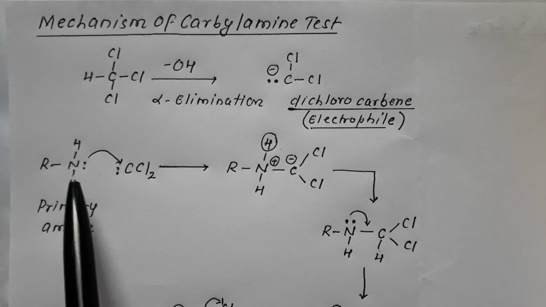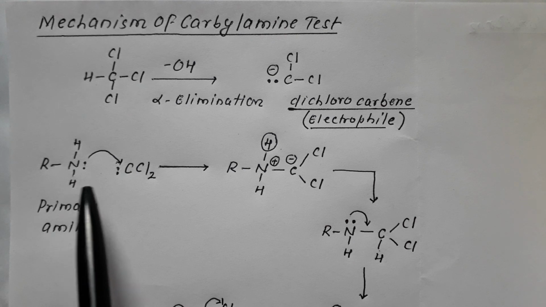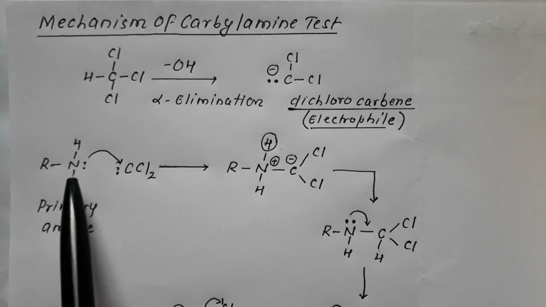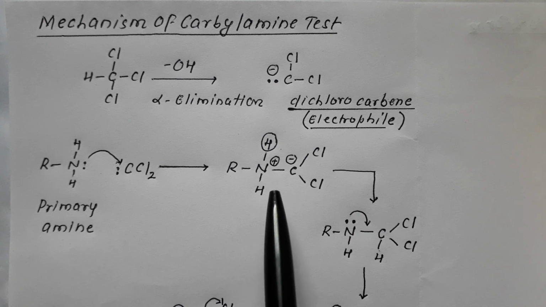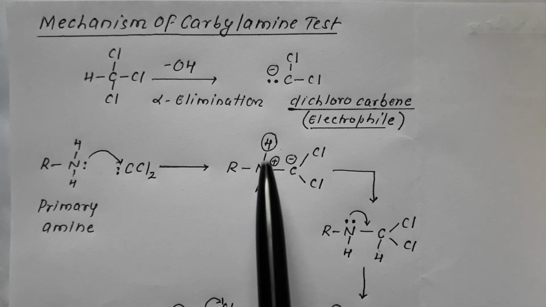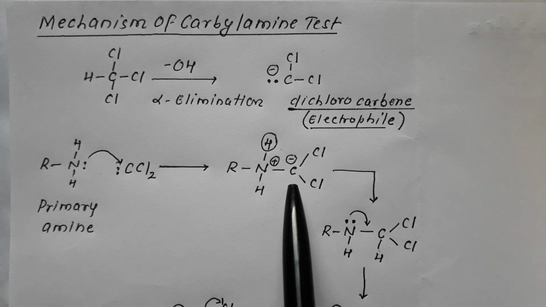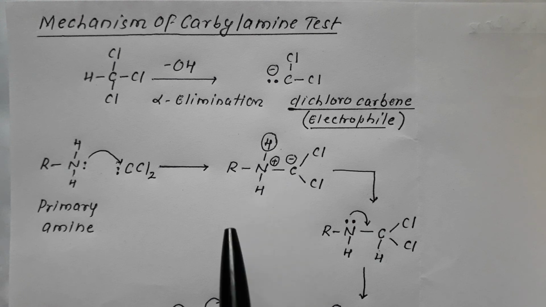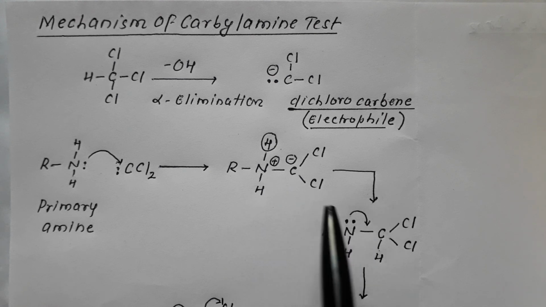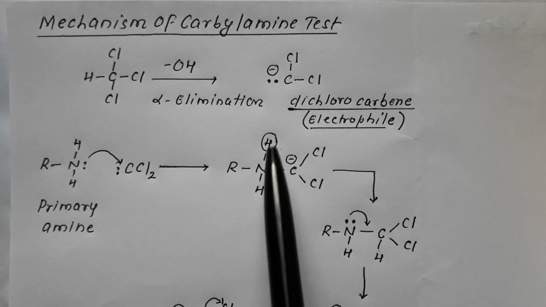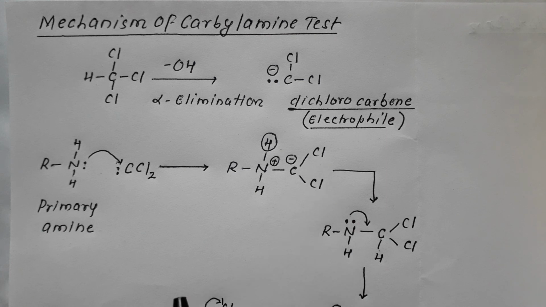There is the association between the nitrogen of the primary amine and the carbon of the carbene. The bonding takes place between nitrogen of primary amine and carbon of carbene, resulting in formation of a bond. So it results in formation of RCH2NH2-CCl2. Now this carbon is having negative charge, this nitrogen is having positive charge. Now this molecule, RNH2CCl2,